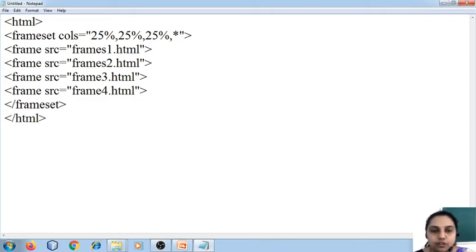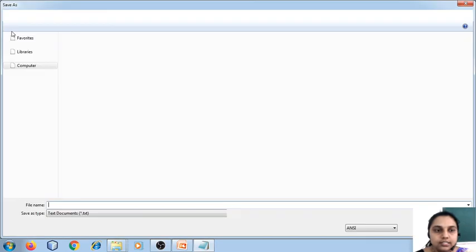So this is my source file. I have created frames which are vertical. So 4 frames, 4 vertical frames I have created using the columns attribute of the frameset tag, and then I have specified the source. Okay, so I have written frames1, frames2, frames3 and frames4.html, and then I click on save.